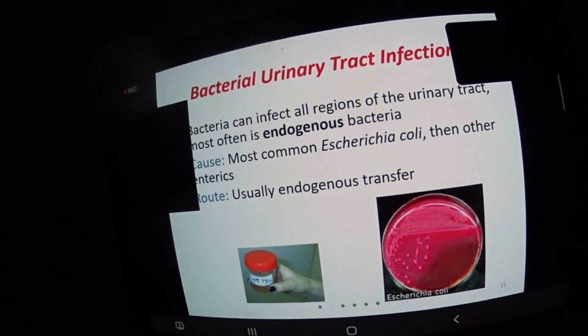Other things can increase it. Again, the type of underwear that you wear. So G-strings, for example, for females, very common, can actually allow for transport of bacteria much easier from the GI and colon region to the urethra.